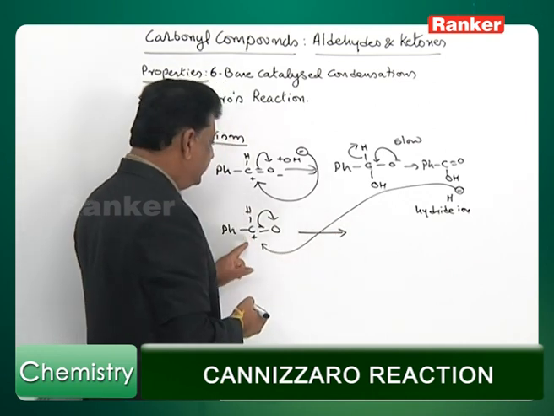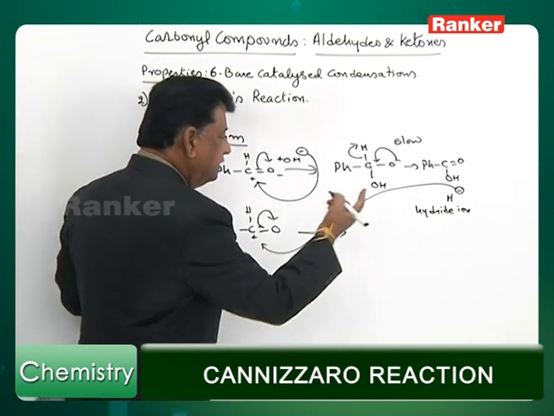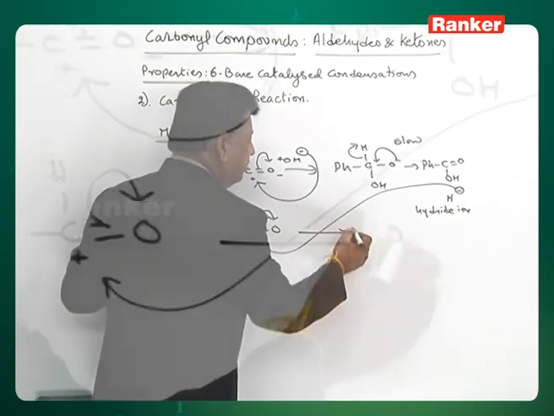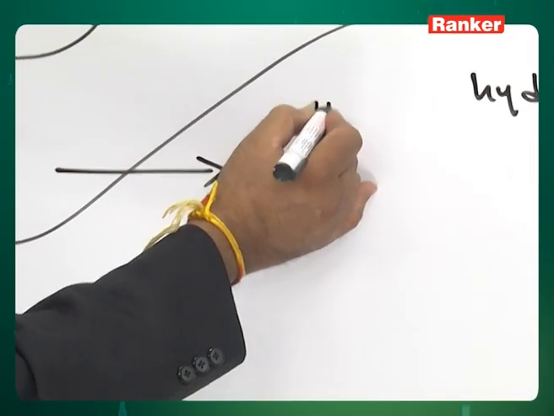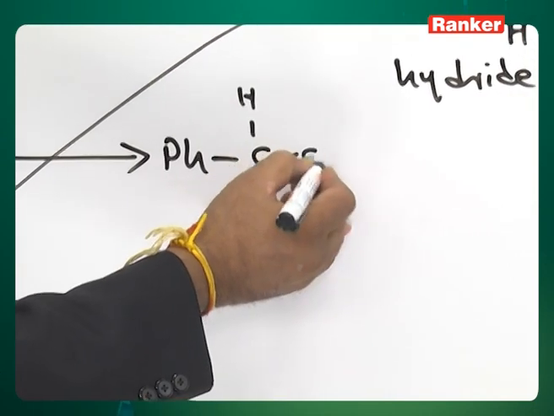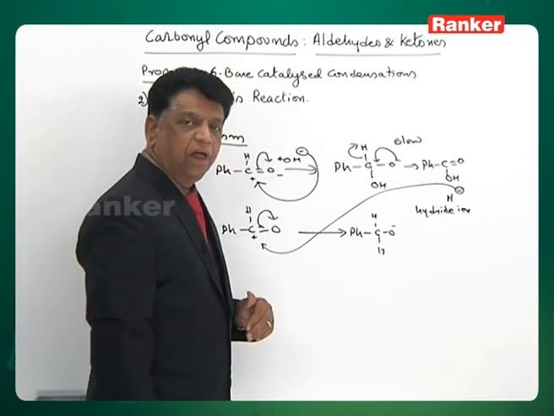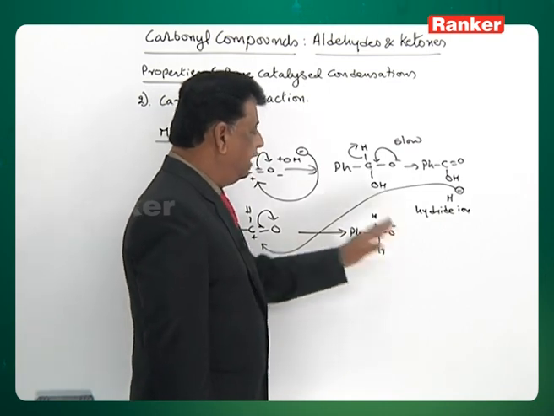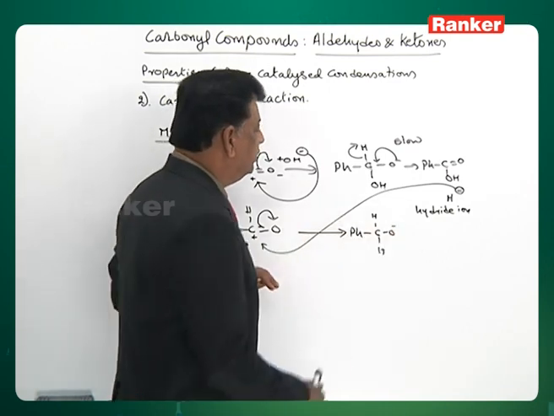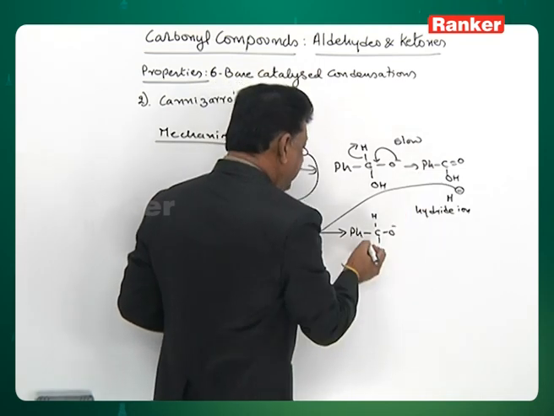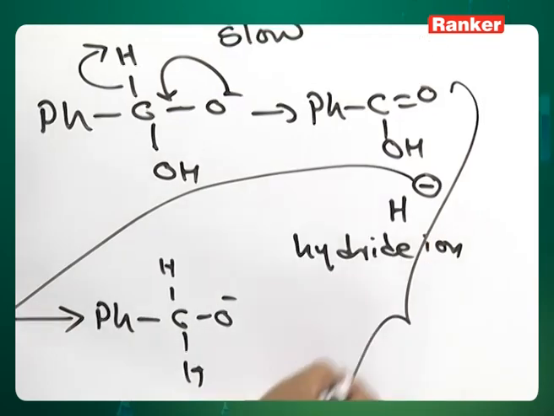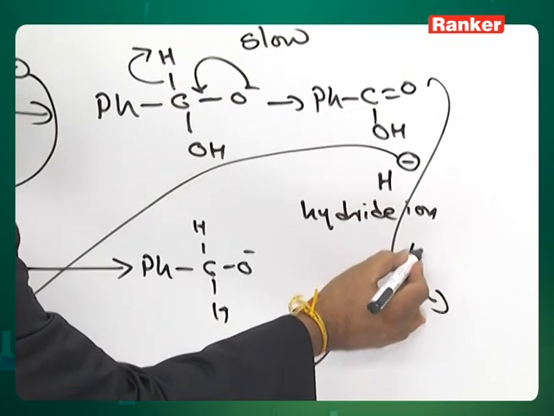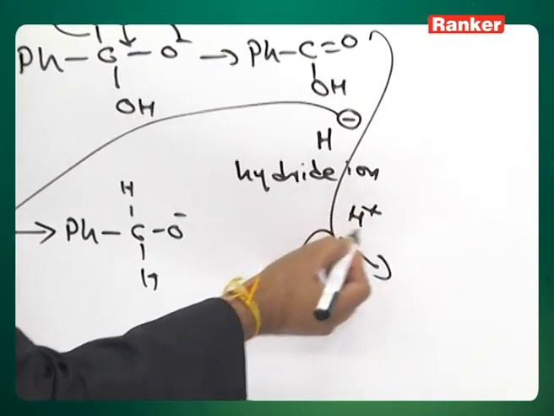So, the H minus attacking will be again fast, because it is an ion attacking on an ion. So, this will become the 2 hydrogens with the O minus, that is in fact benzyl alcohol, which is also ready. Only one problem: one hydrogen is missing here. Now, the combination of benzoic acid and benzyl alcohol together will undergo a H plus exchange,